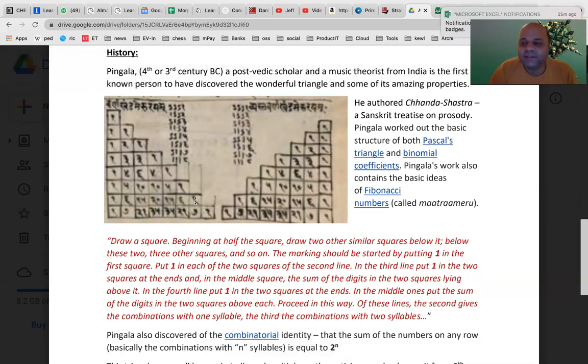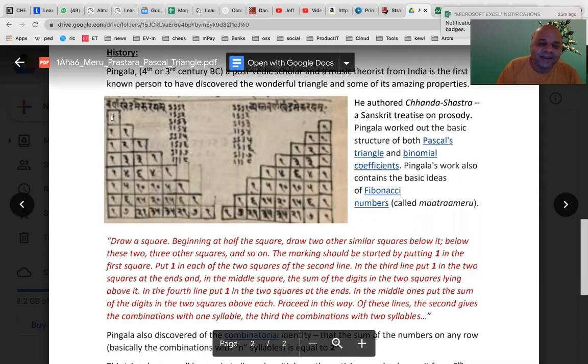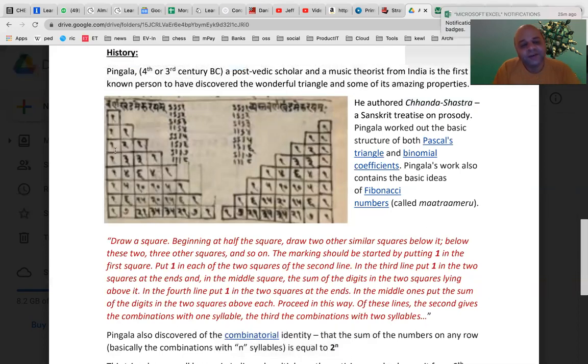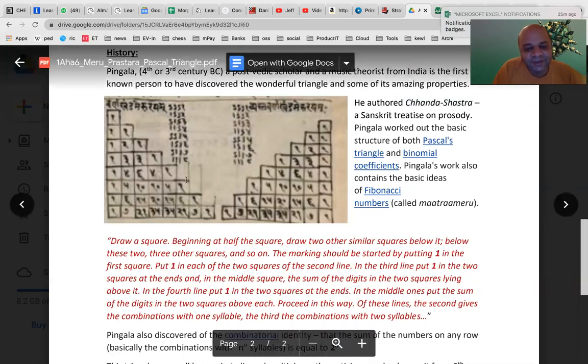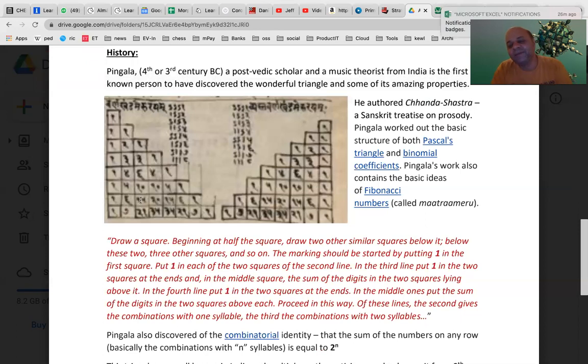Meru is a very famous mountain in Indian mythology. Meru is supposed to be the gold mountain, full of gold. Meru Parvat. So he imagined this to look like a mountain, and then we have to climb it with so many steps. Prastara means staircase, so he talked about this as a staircase to Mount Meru. It looks like that, and if you count the other way, starting from the base, you take one step, then 1, 2 steps, then more steps like this, and that is what he called Meru Prastara.